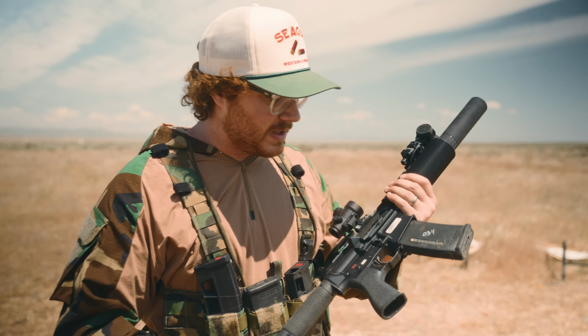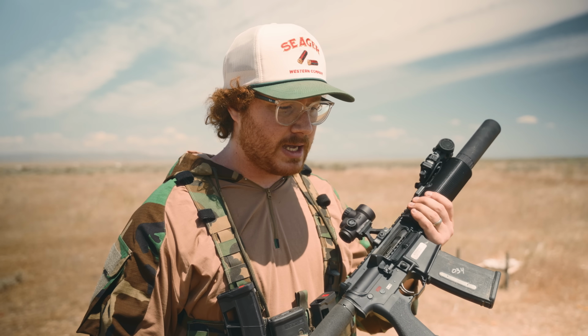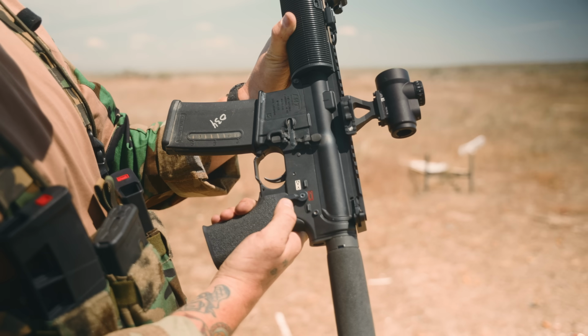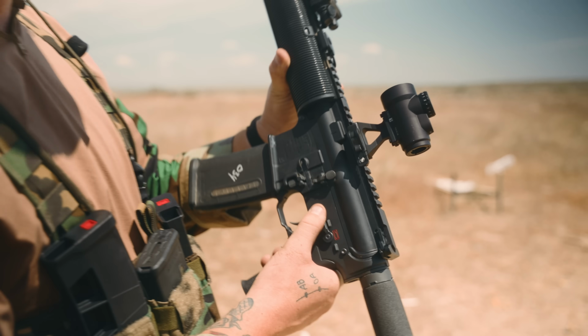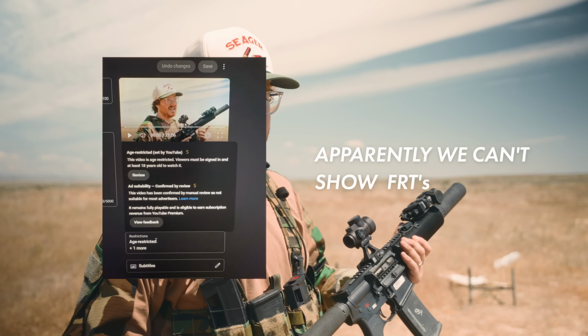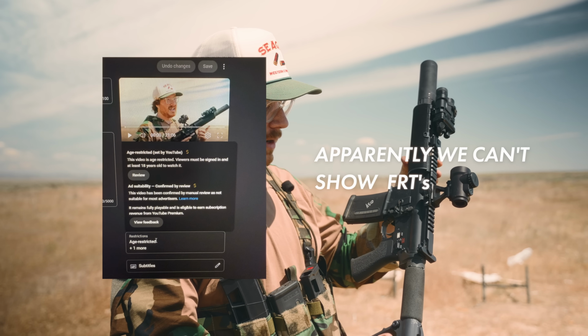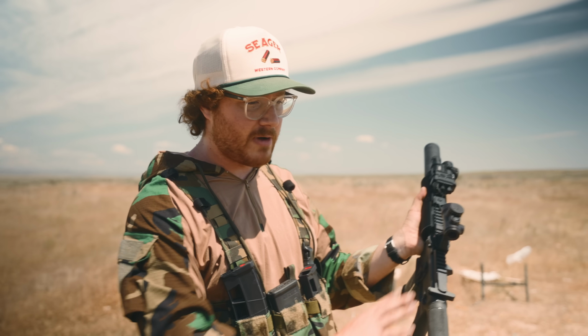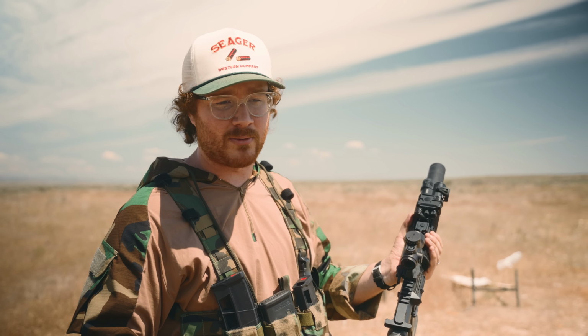Before we break this thing down, I also wanna say that this particular model goes from safe, it goes to fire, and it also goes over there. YouTube will not let me monetize that, so that will be available on Pepperbox, talking about how I got this to run with a super safety. It does run very well, I'll tell you that much, but it did require some fine tuning because there's not a whole lot of recoil or buffer weight that allows, you know, the trigger to reset. So if you're curious on how I got that to work, head over to Pepperbox